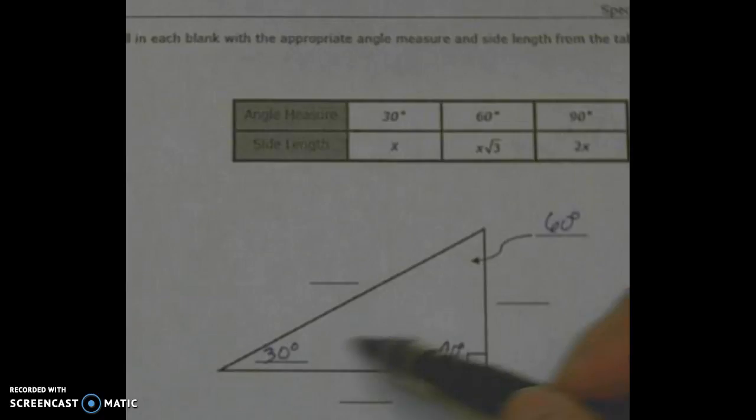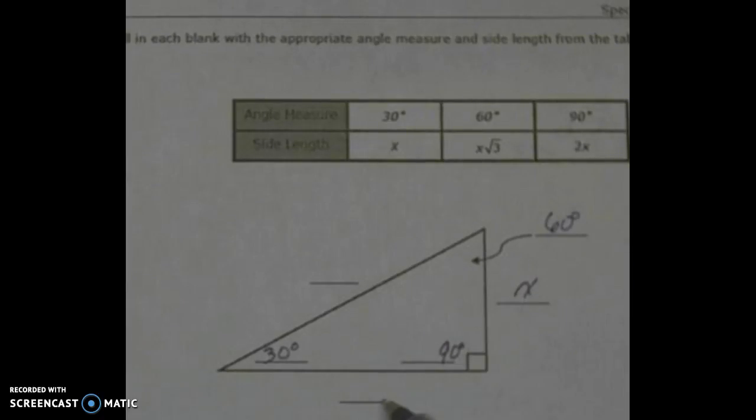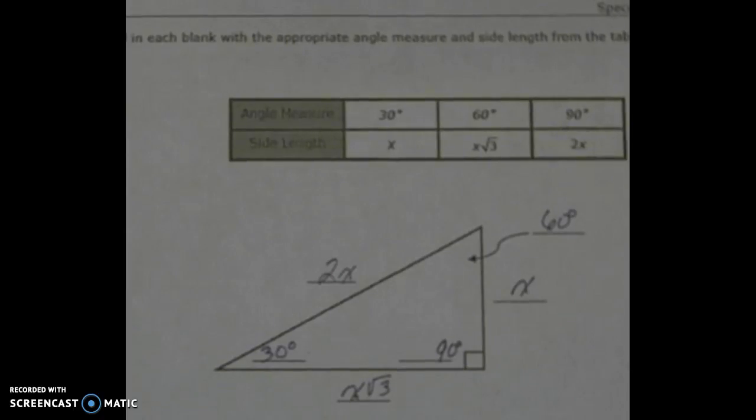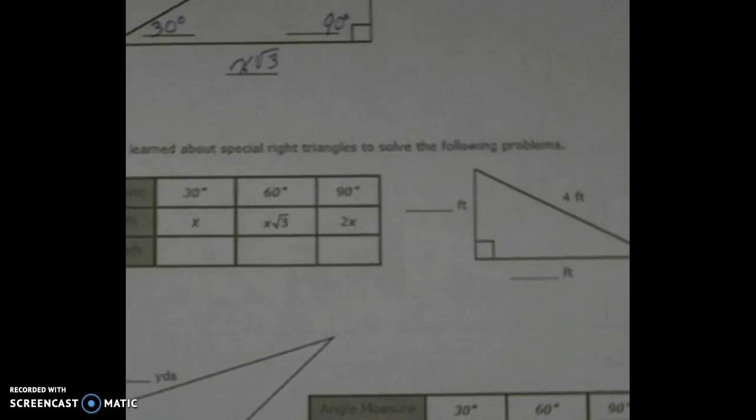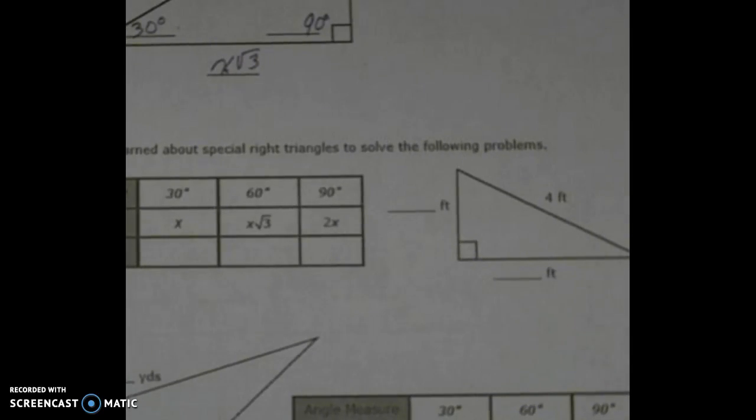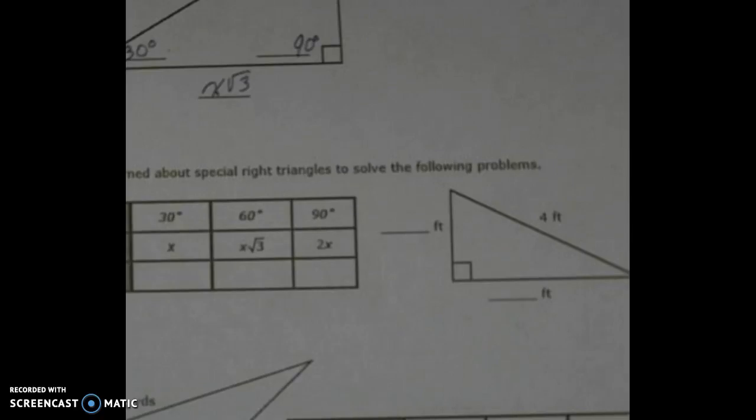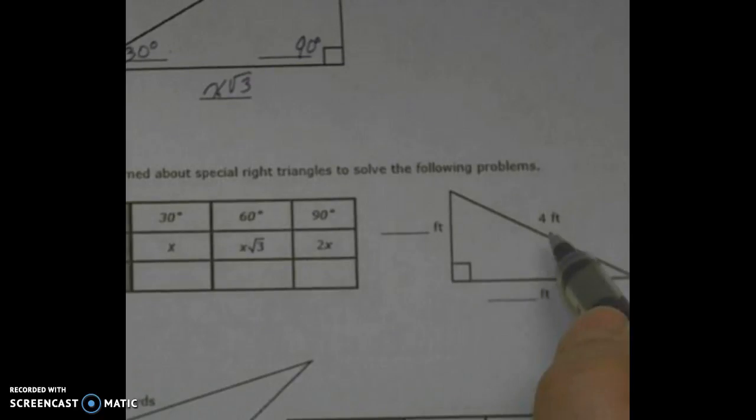Across from the 30-degree angle is my length of x. Across from my 60-degree angle is my length of x times the square root of 3. And across from my 90-degree angle is my length of 2 times x. When I'm looking at an actual triangle, if they're giving me the length of the